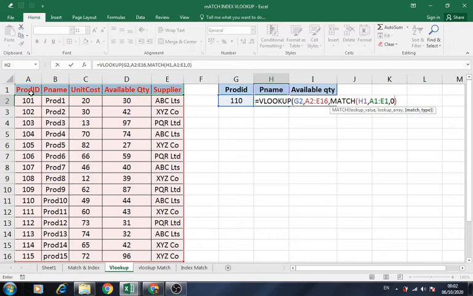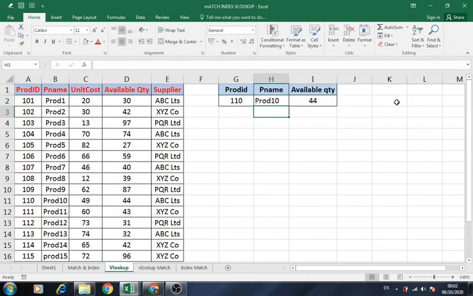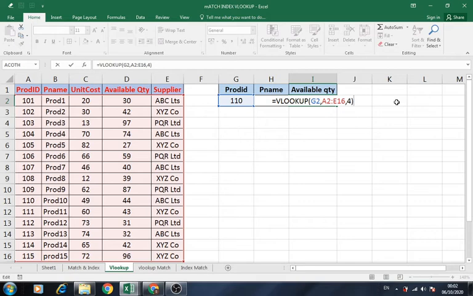So when we are trying to find this text in this list, obviously it gives us the position, right? So it has to give us the position as column number 2. Yes, we got it.